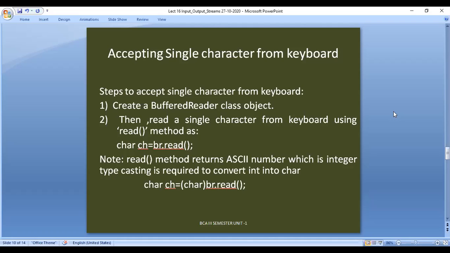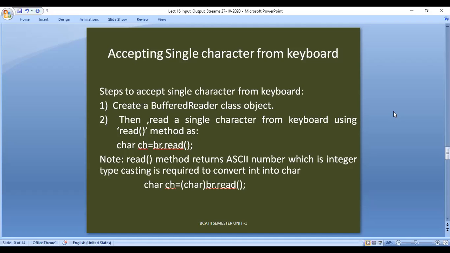First of all, create a buffered reader class object. Those are the steps which I've just discussed. You have to write all those things, and after that, use the read method. The read method is part of the buffered reader class, which is responsible for reading a single character from the keyboard.